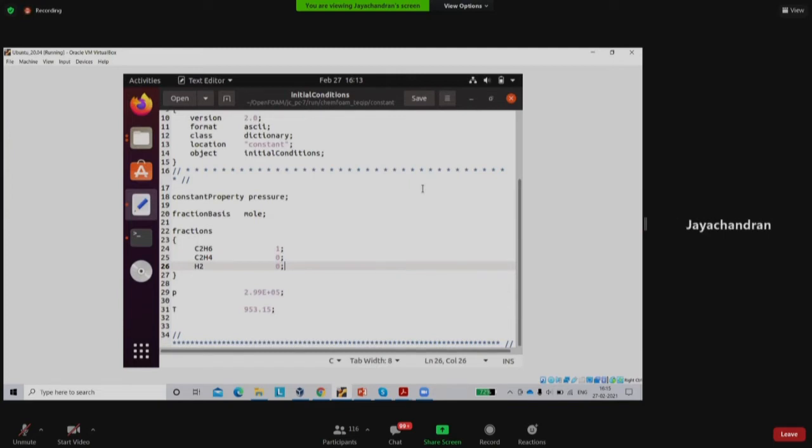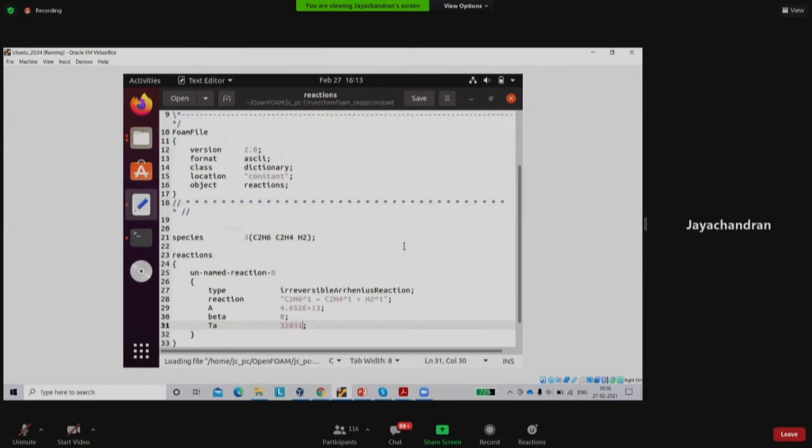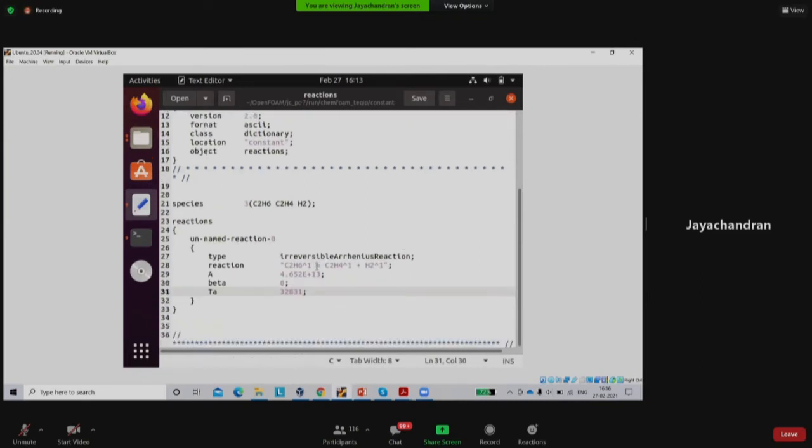In the reactions file. Okay, the reactions file, can you just cross check? I don't think there will be, maybe you have typed something extra or you have missed some keywords. So you just check whether you have entered everything similar to this one. Yes, sir, I'm checking that.